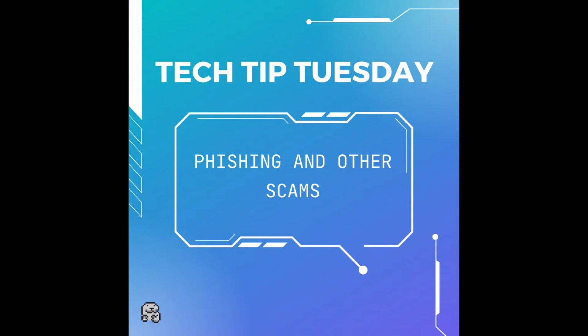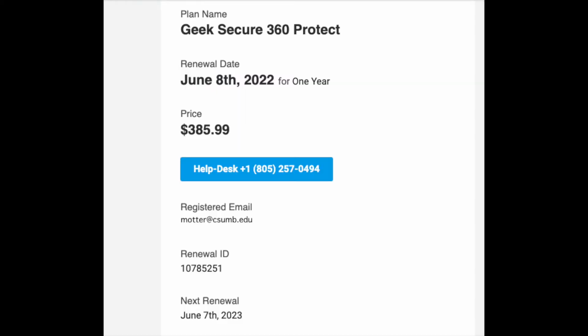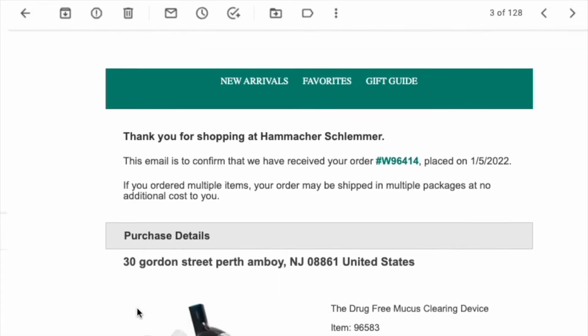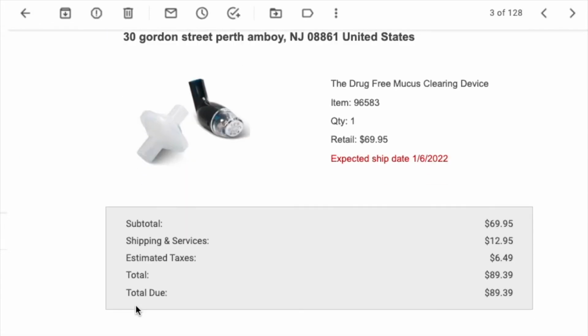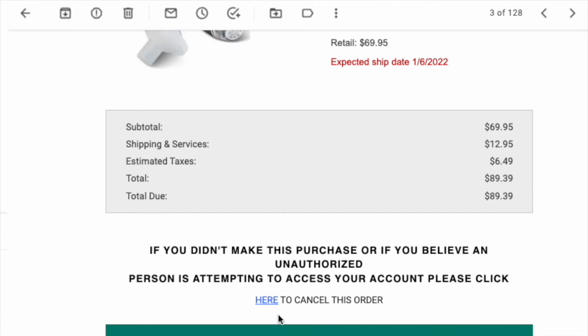claim it. Most of the time, though, their emails make to look like they are from a specific company you might do business with. They could look like they're from your bank or from a store like Walmart, Best Buy, or Lowe's. Usually, they're trying to tempt you to click on links that will take you to pages asking you to provide information. In this example, they want you to click on the link to stop this fraudulent purchase. Clicking on the link will take you to a page asking for your bank information to stop the charge.